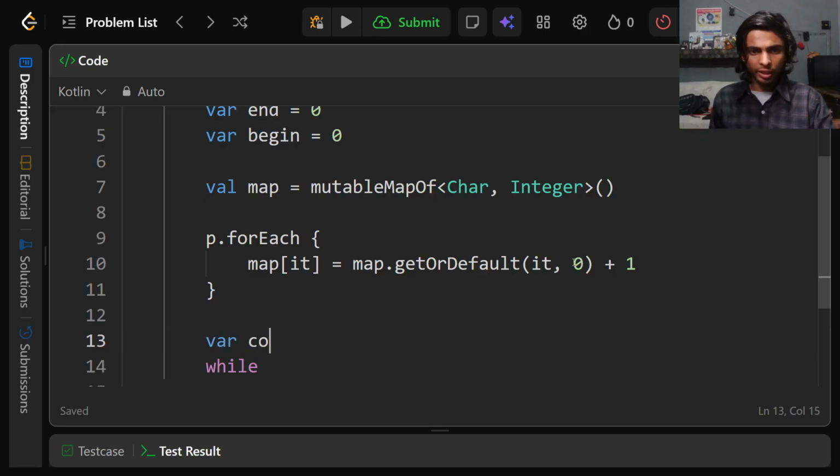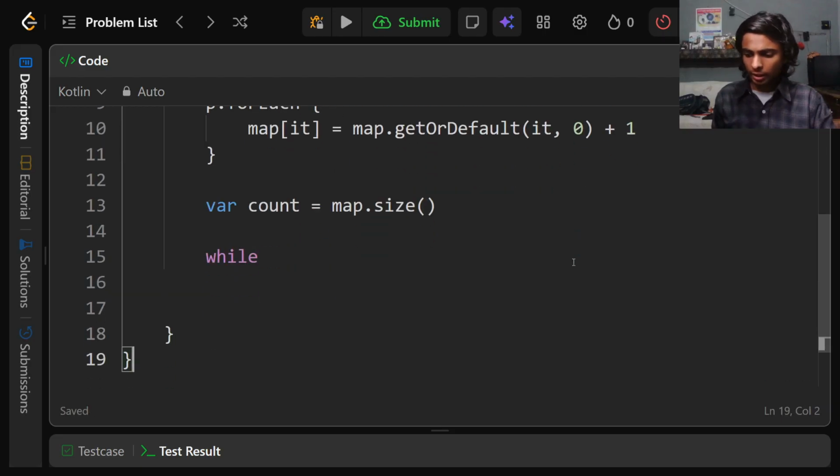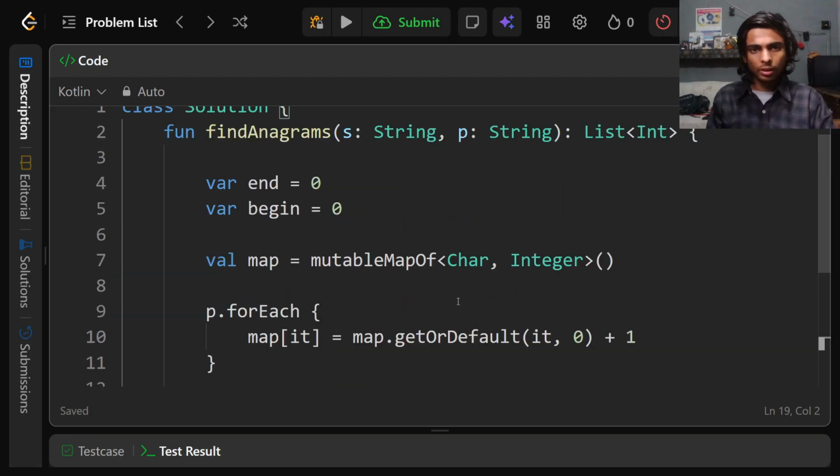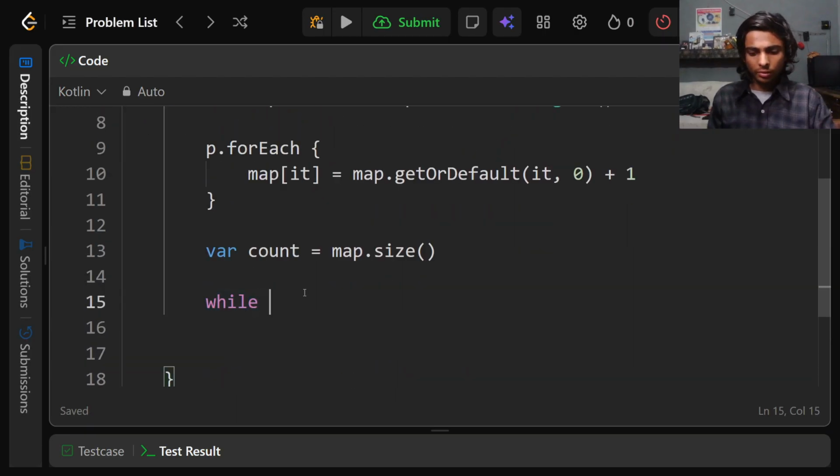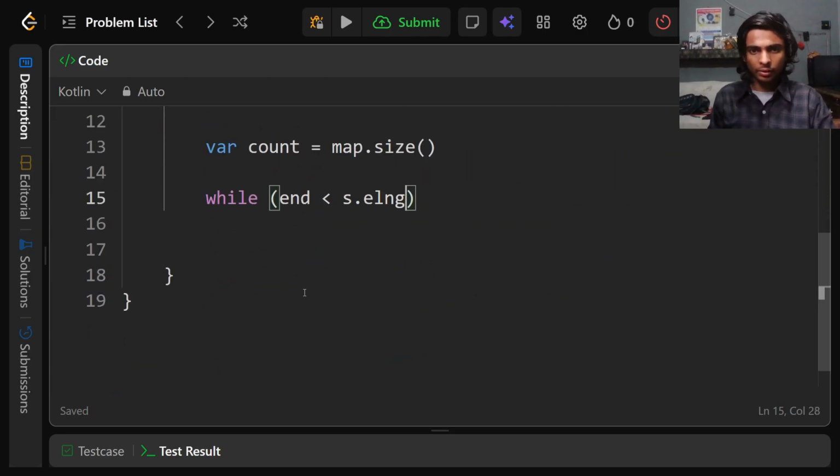I need one more variable, which is count, which I will use to keep track of the number of characters we have seen and when it's time to move my second pointer. So I'm gonna set it to my map's size, and so while end is smaller than my main string's length,